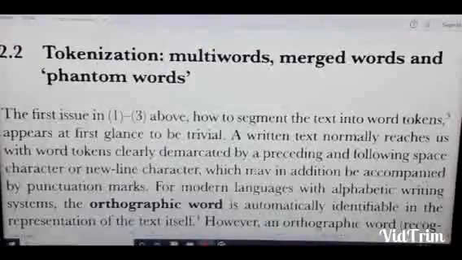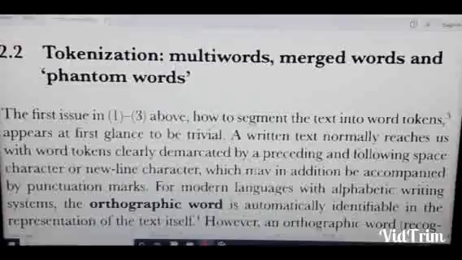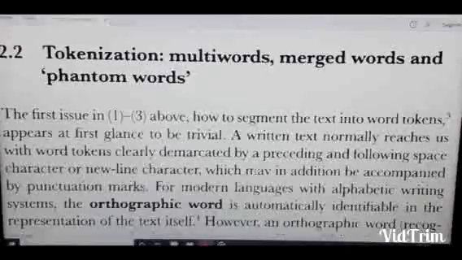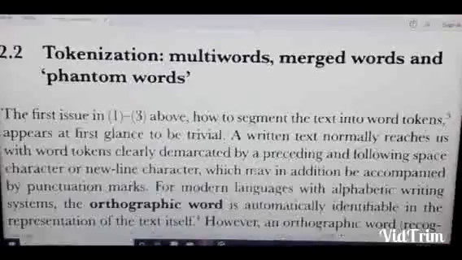Tokenization, multi-words, merged words, and phantom words. The first issue in 1 to 3 above, how to segment the text into word tokens, appears at first glance